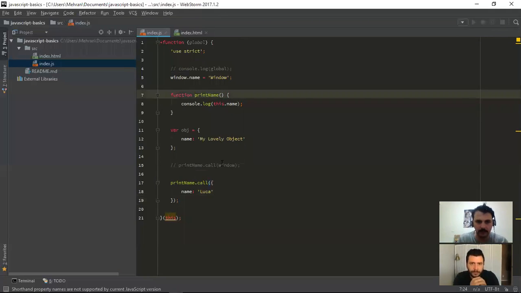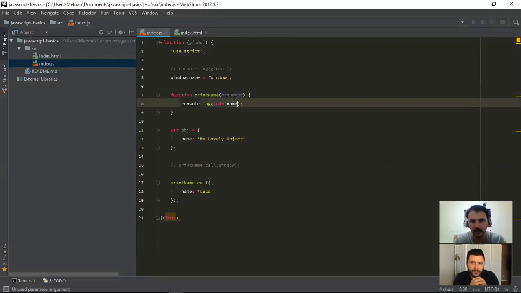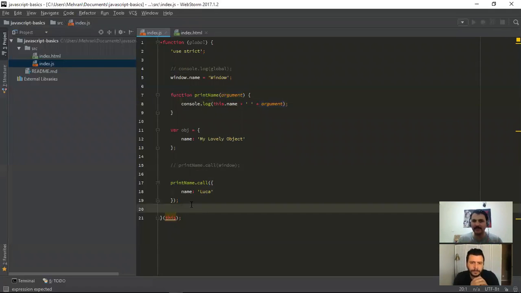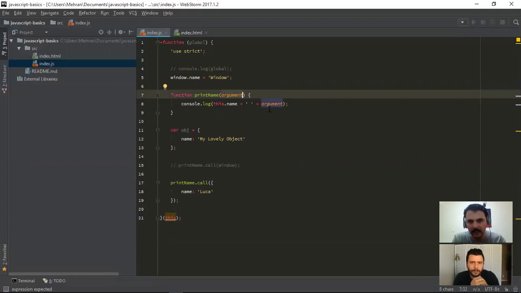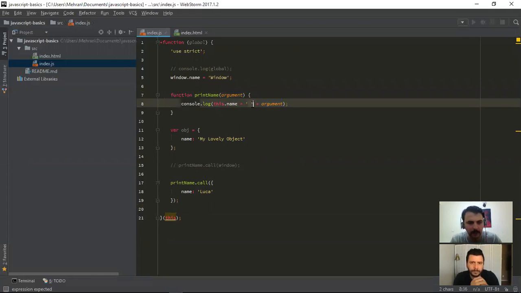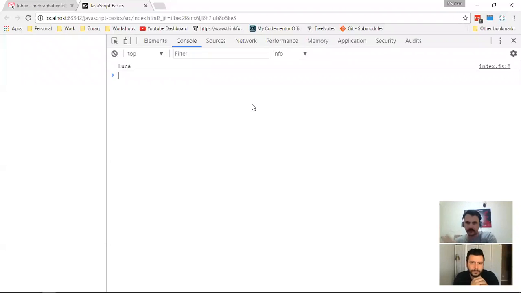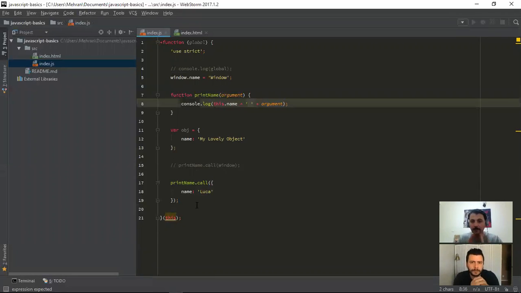Let's add an argument, something like this. Let's just concatenate them together: the value of name and the argument that you pass. So if I don't pass anything, the value of argument would be undefined. And because I'm adding that to a string, what we are going to end up having is Luca space undefined, as you see. But if I want to pass a value now,